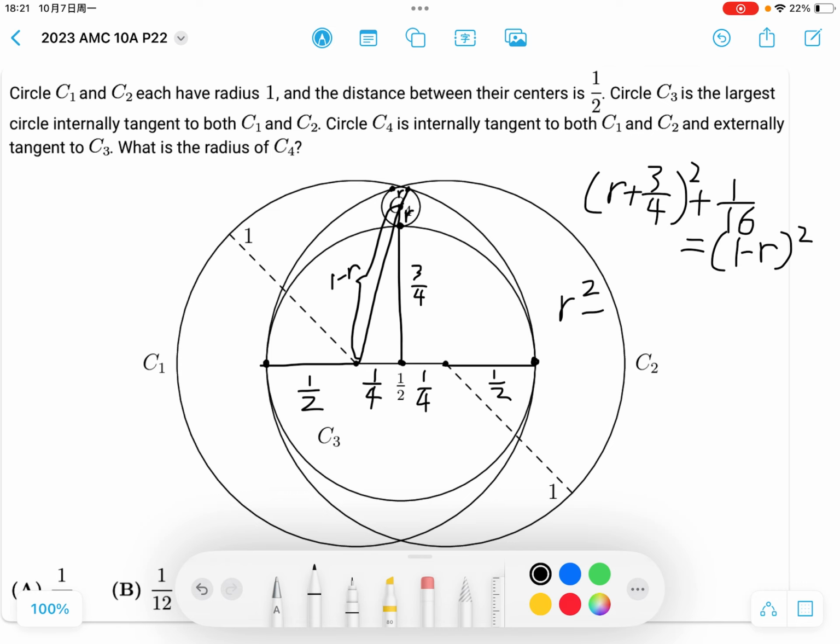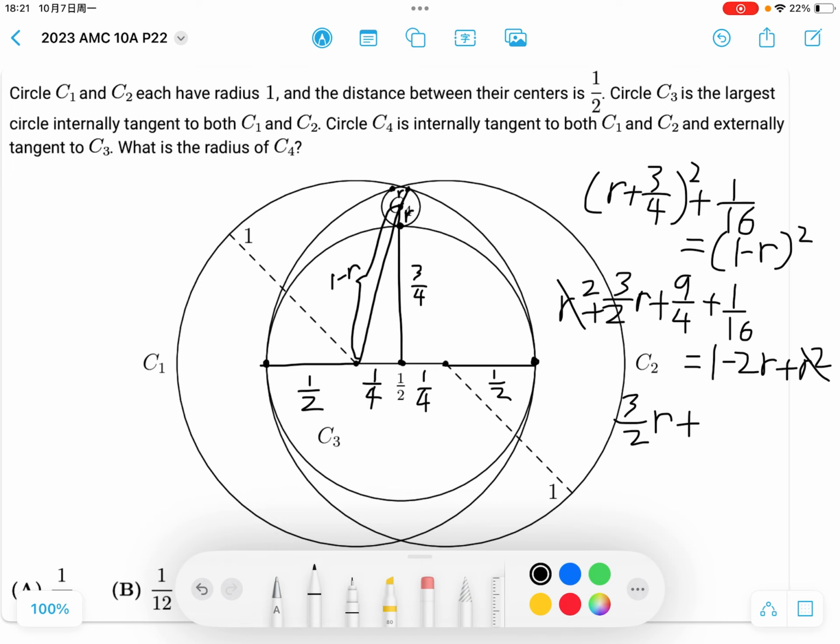So this is R squared plus 3/2R plus 9/4 plus 1/16 equals 1 minus 2R plus R squared. You can cancel the R squared from both sides of the equation, and you have 3/2R plus 9/4 plus 37/16 equals 1 minus 2R. So you move the 2R over, you know that 7/2R equals,